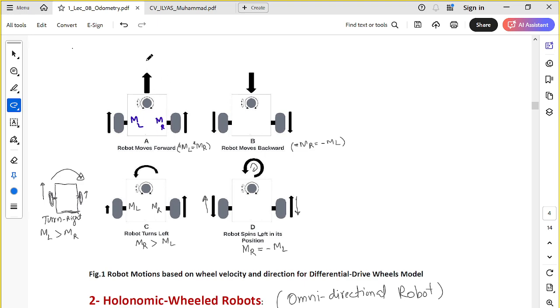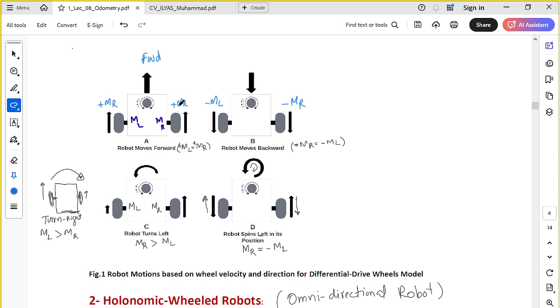Okay, so there is no doubt in this. If you turn the direction of both motors to minus, minus MR, minus ML,